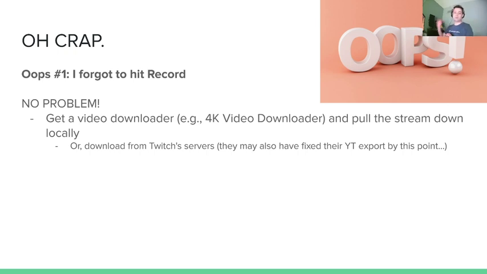But what I would do is I'd hit record, I'd start my stream. If I forgot, I would use this kind of a tool. The reason why I say I'm going to use this kind of a tool is that the quality is higher if you do it this way. If you click download from Twitch, you're going to get a lower quality video. If I do it with this video downloader, it comes down in 720p. Just kind of an idiosyncrasy of Twitch. If there's a nice direct export to YouTube, that's much better.